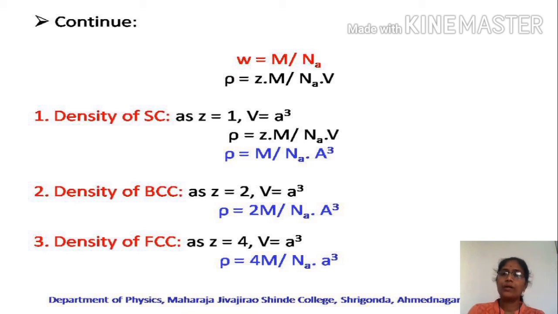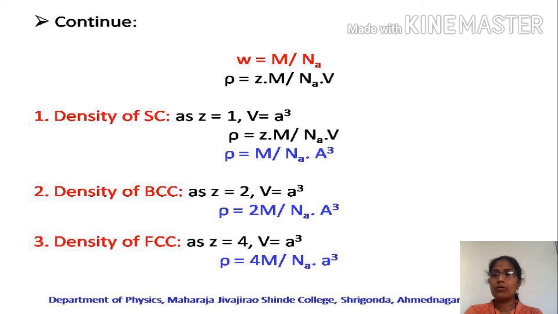Thus friends, today we have covered two important points from the chapter, the crystalline state, and these are calculating atomic packing factor for SC, BCC and FCC crystals. We have calculated their values and they come out as 0.52 or 52% for SC, then 68% for BCC and 74% for FCC. Then we tried to find out the density of a crystal or density of unit cell in case of simple cube, body-centered cube and face-centered cube.